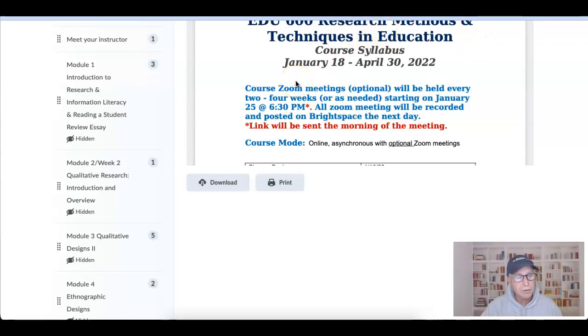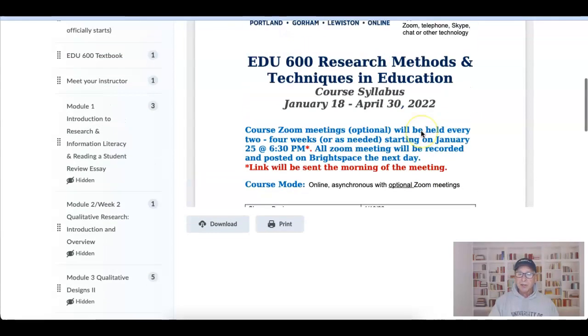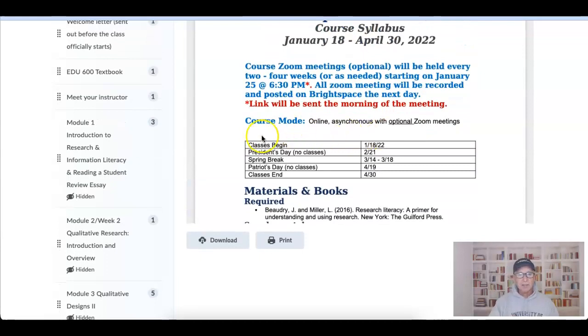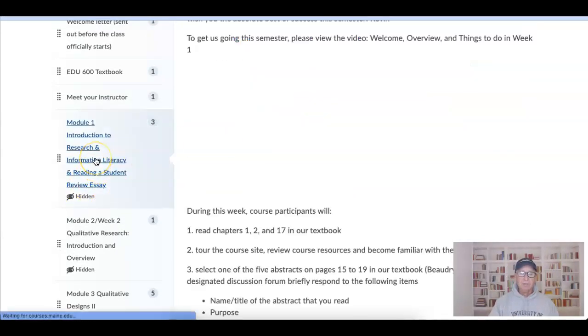And what we'll do in that class is spend a little more time with the syllabus, and a little bit more time with the assignments and kind of the content of what we'll be doing this semester. So that is it. Please take a look at the materials, get familiar with Brightspace, and now I'm going to click on module number 1,